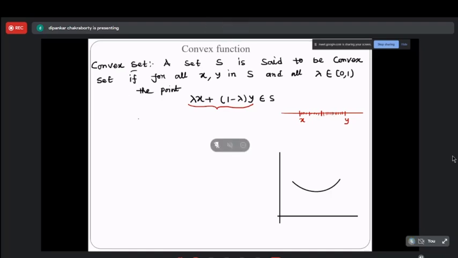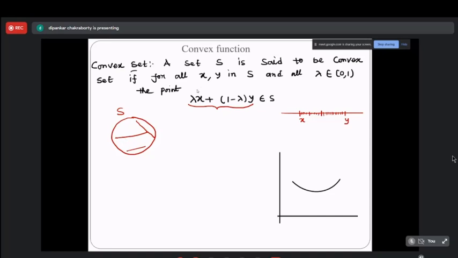Okay. Now, what type of set will be considered a convex set? Suppose I am considering this set. Is it a convex set? To check that, we take two points, x and y, and see whether the line joining these two points belongs to that set. It is not necessary to use only these two points. You can consider these two points here as well, and the line joining them should belong to S. You can consider here as well; it should also belong to S. If it is true for all such lines, for all x and y,